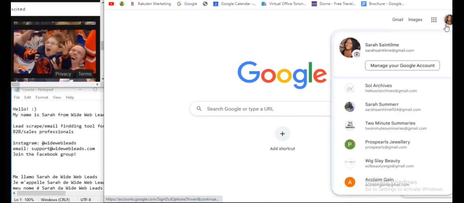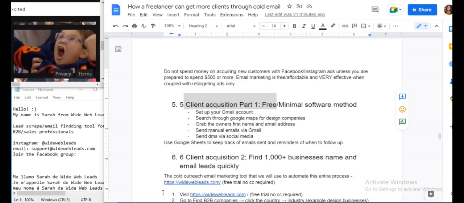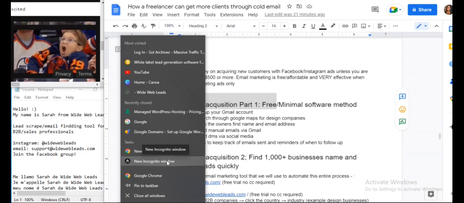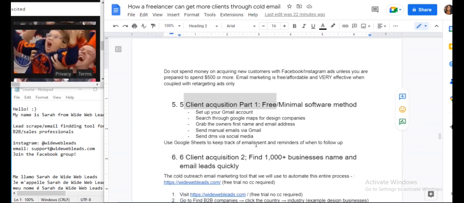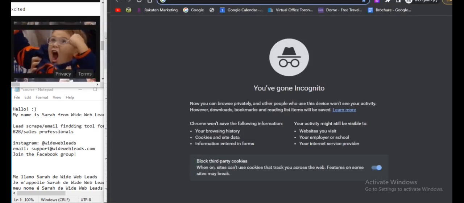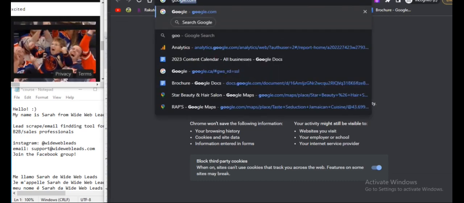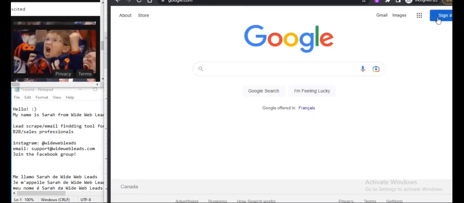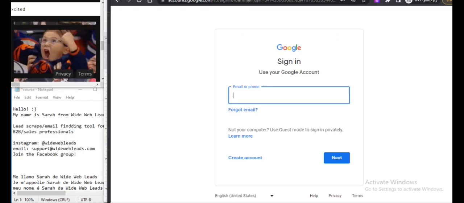The first thing you do is, actually, let me open up an incognito window. So they're going to ask you to sign in or create an account. Okay, so that's how you do it with Google.